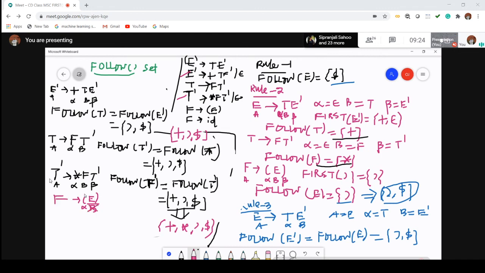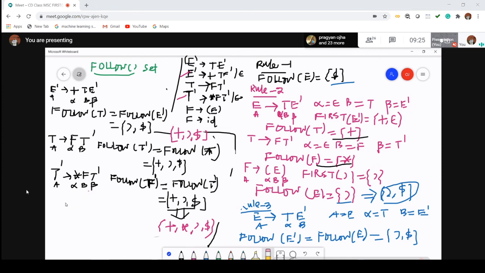Okay. Suppose I take these two as alpha. Then this is a terminal symbol; it should not be B. Hence, this production cannot be taken in the form of alpha B. Suppose this right parenthesis is not there, you could take it in the form of alpha B. Since there is a right parenthesis, after a non-terminal symbol there should definitely be a terminal symbol. So you cannot apply rule number 3 to this production.